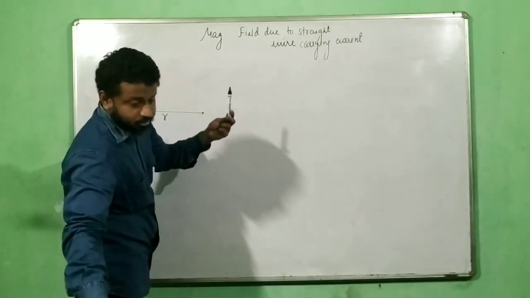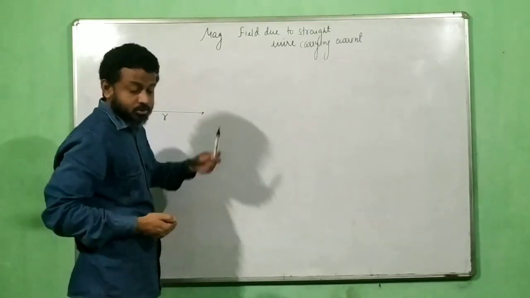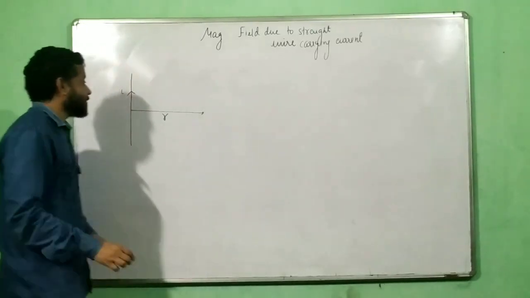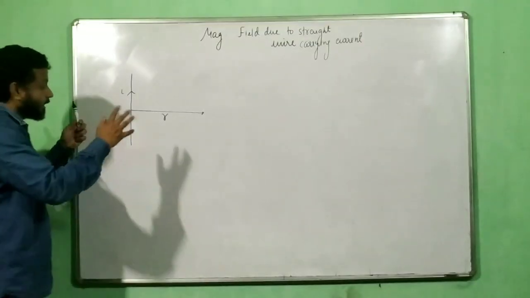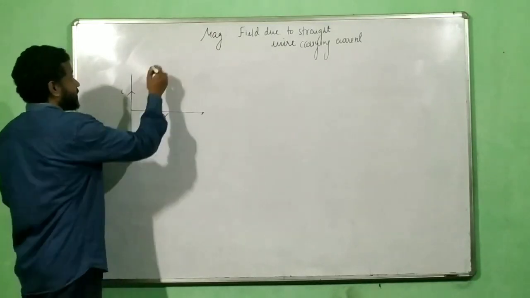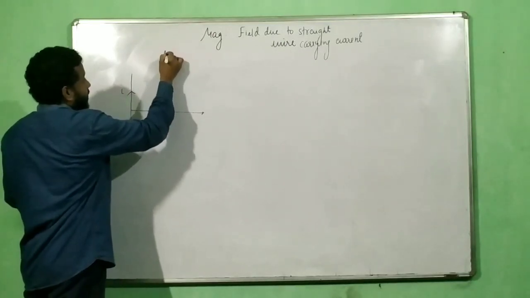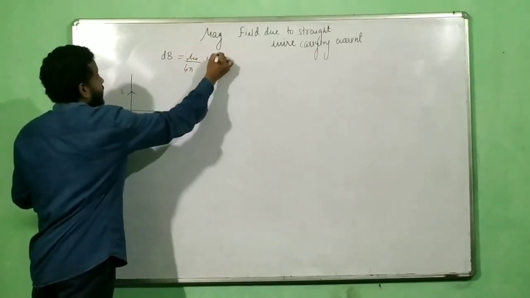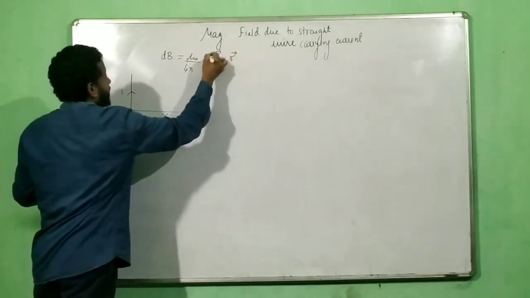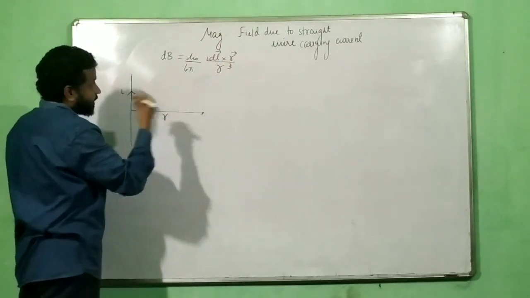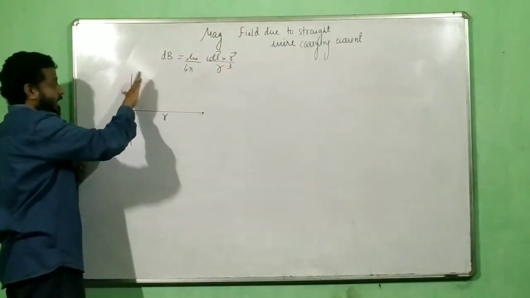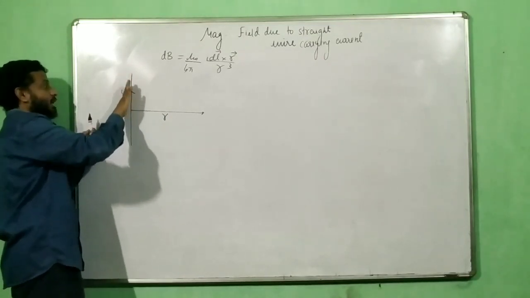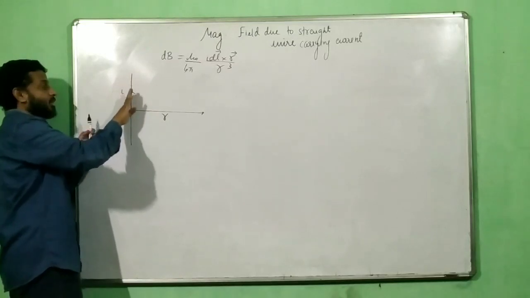Or if you don't want to use that one, if you want to start fresh and forget whatever nightmares you had in class 10, let us start fresh. Start fresh means you have to recall the Biot-Savart law. Biot-Savart law is mu naught by 4 pi I dl cross R divided by R cube. So if I use this over here, this is my I dl cross R, correct? So you stretch your finger towards I dl, the current carrying element.